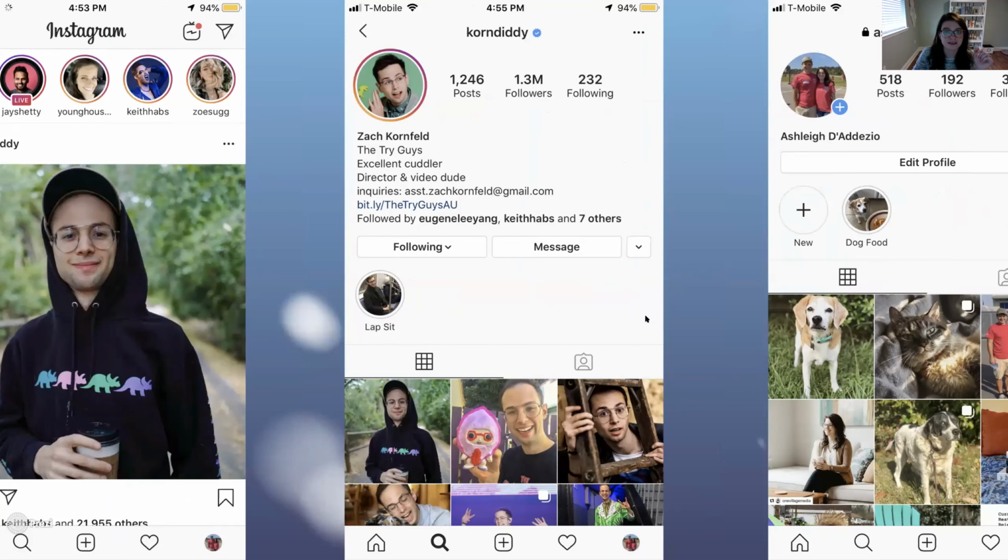Okay, so this is the comedian's Instagram profile. You can see he's got this ring around here because he's got Insta stories that I have not seen yet. He's got his name, what he does. These are his followers. So this is his profile. On Instagram, you don't have a difference between pages and groups. It's all the same. So this is his Instagram, that's it. Now he might have a private one that he only shares with his friends and family, but this is his public business Instagram that he has chosen to share with his fans.